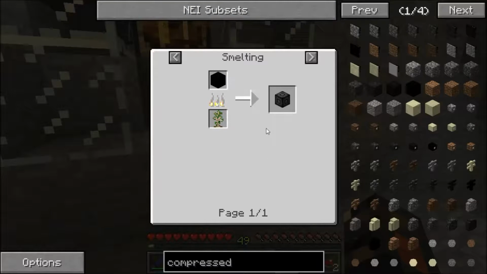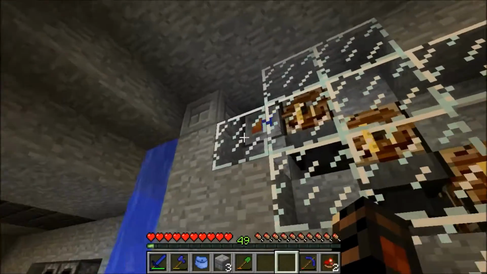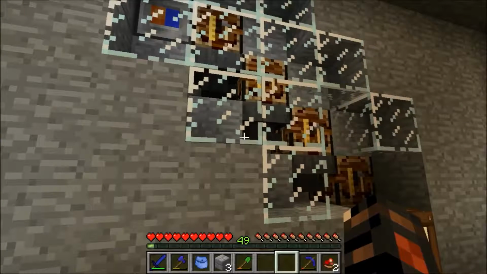Actually, I could probably calculate how long it's going to take, given just one of these guys. Igneous extruders, that's the word I was looking for. So it takes about 1 second. That means 43 million seconds, which means,